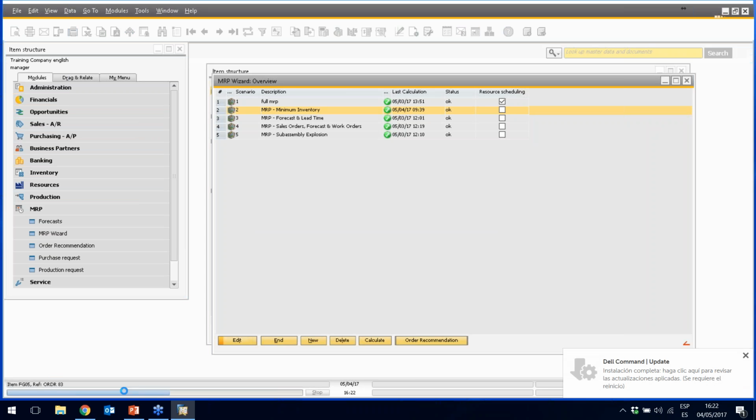And as you can see in here, the system is doing. Okay, so after that, we will see this check one and the status okay, so that means that it ran okay. After that, we are going to go into the order recommendation to see what the system gives us as a result to buy or to produce. Okay, so we click in here,